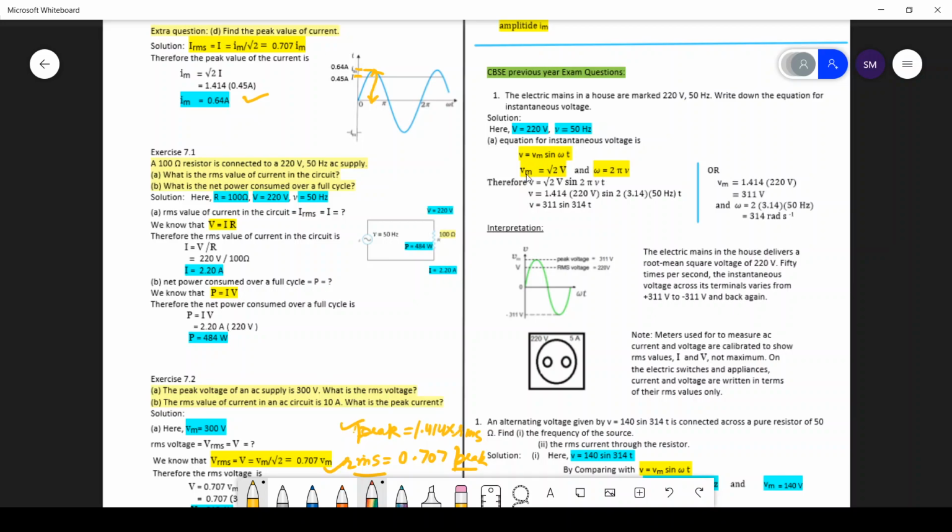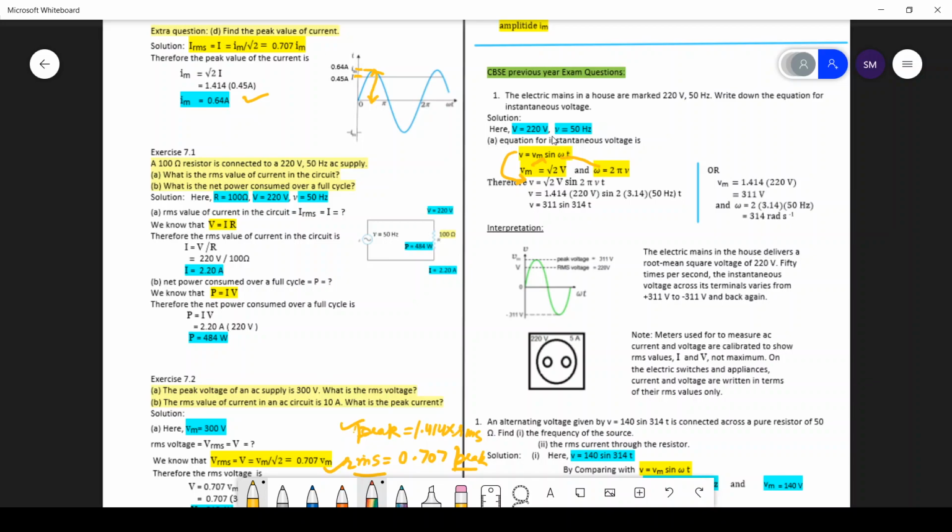So what is Vm? So this is Vm. Vm means maximum. So 1.414 into RMS value. So put this value of Vm here, root 2 V, and what is omega? 2 pi nu. So put the value of omega here. So 2 pi nu. So I have put the values of V and the value of omega, and I get this. So this will be converted to this. V equals root 2 V sine 2 pi nu t.